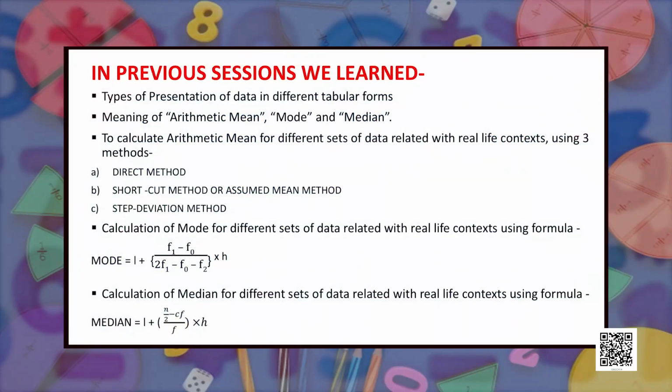In our previous sessions we have learned the types of presentation of data in different tabular forms, the meaning of arithmetic mean, mode and median, then calculation of mean using 3 methods, calculation of mode for different sets of data using the formula mode is equal to L plus (F1 minus F0) upon (2F1 minus F0 minus F2) into H. Then calculation of median using the formula median is equal to L plus (N by 2 minus Cf) upon F into